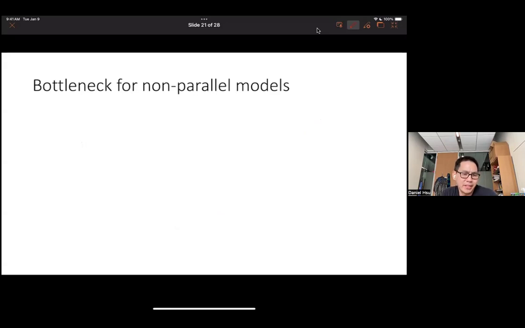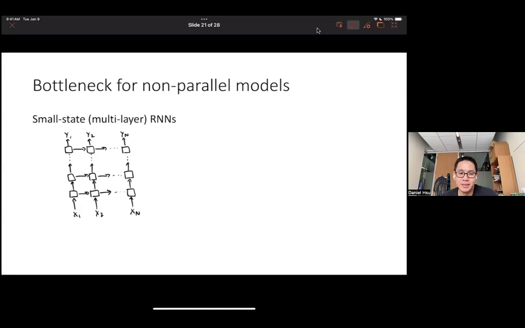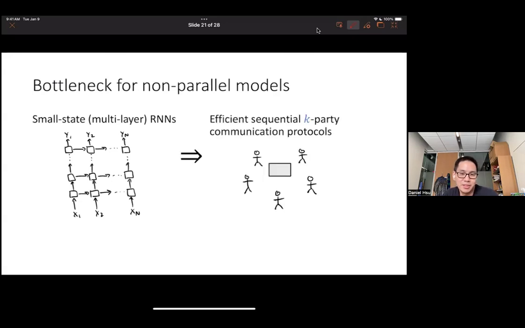But these non-parallel architectures really struggle here. And here's the way we're going to show this. You take any very non-parallel architecture like an RNN, in fact even multi-layer RNN-like models such as Mamba, as long as the state that they maintain is not too big. What we show is that any such model in fact implies a kind of communication protocol, and this restricted form of communication